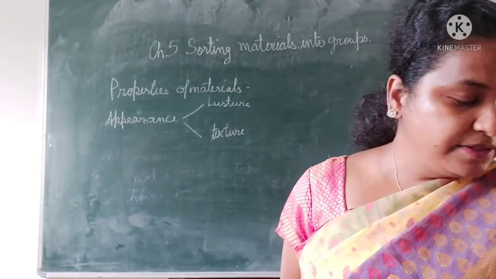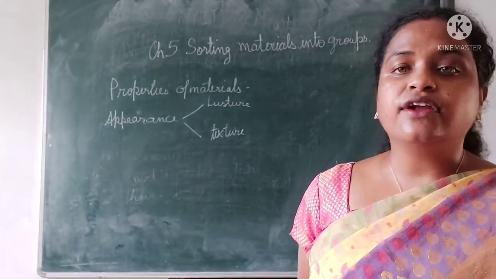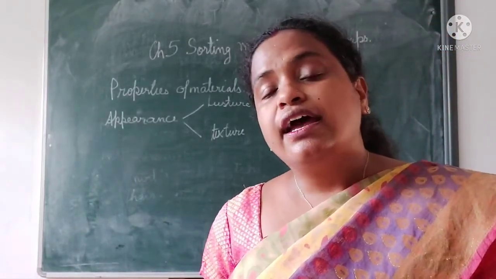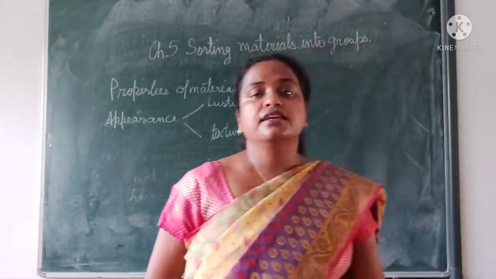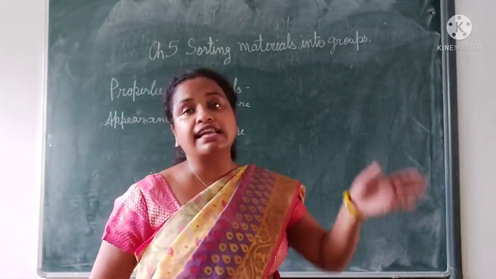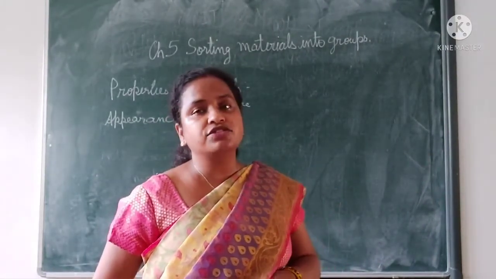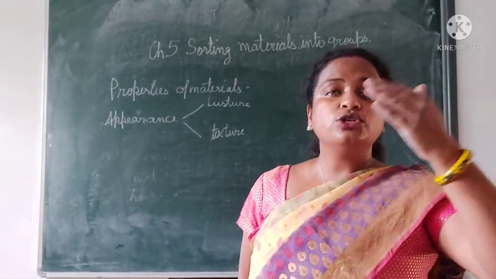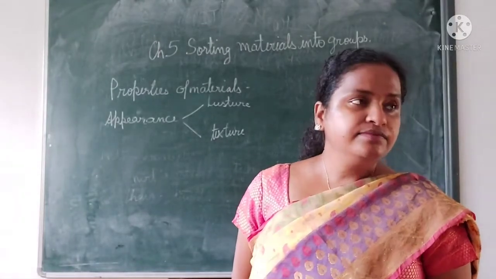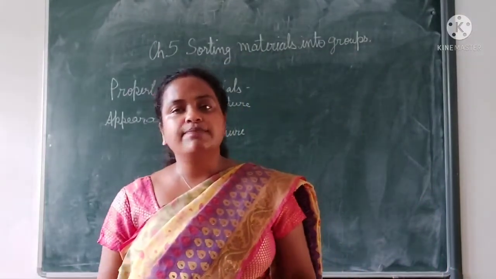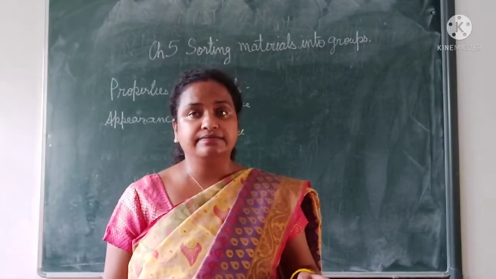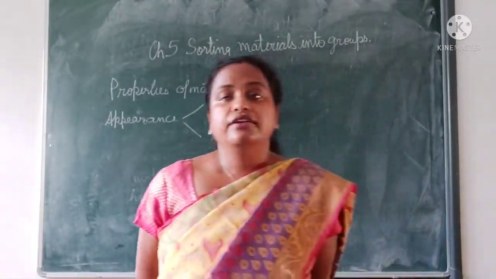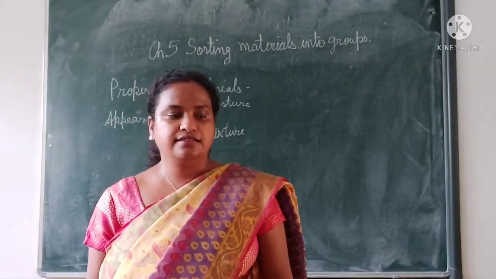Transparency is also of three types: transparent, opaque and translucent. Transparent means an object through which light can pass. If you see an object through plain glass, you can see your face on the other side clearly. Have you seen a glass jar? Whatever is kept in a glass jar can be seen easily. It is clear.